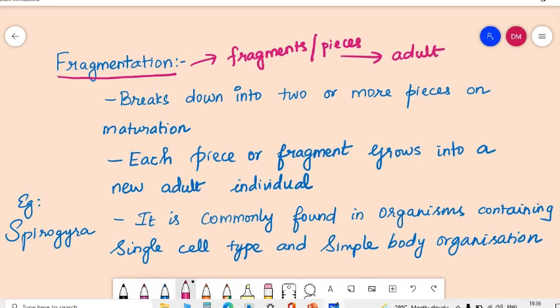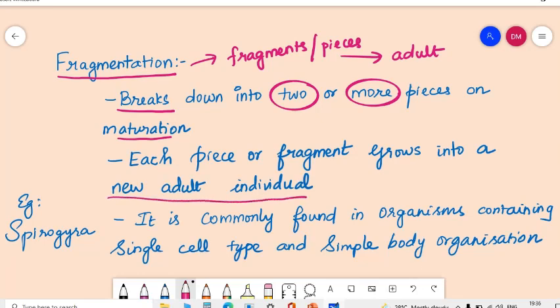That is what is called fragmentation, where the breaking down of the parent cell into two or more pieces would occur. So this breaking down of the parent organism occurs only after the process of maturation. An organism grows, matures, and it splits up into many fragments or pieces. It can be two or more. Each of the fragments is capable of giving rise to a whole organism. Each and every piece and fragment that breaks down from the parent organism is capable of giving rise to a